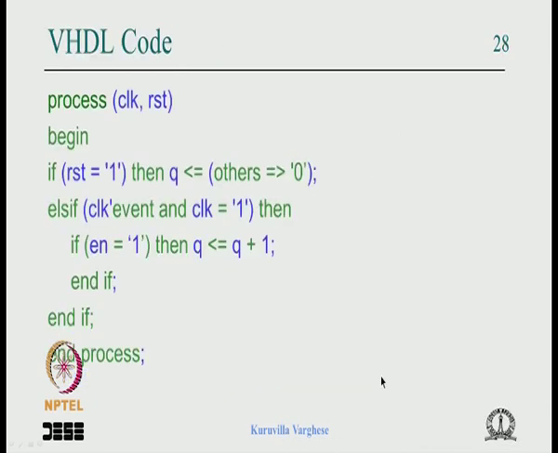So that is what is shown here, process clock, reset, begin, if reset is 1 then q is all 0, else if clock'event and clock is equal to 1, and under that because there is a control signal, if enable is 1 then q gets q plus 1, end if, that means recirculate, if not q is q, that is the meaning of it. So that is a 2 to 1 mux which is synchronous, which is coming to the input